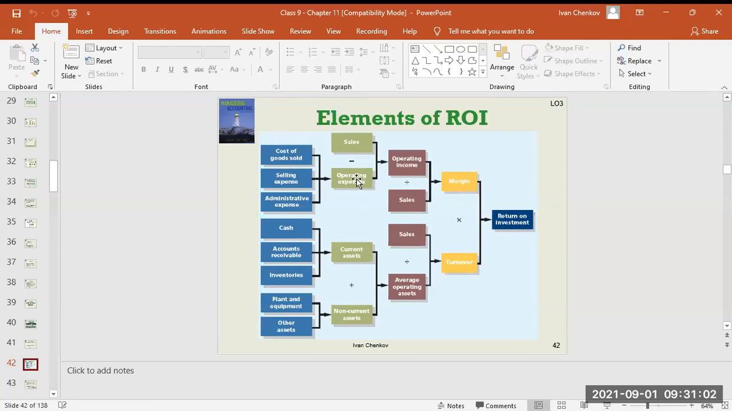So how are we going to affect the expenses? Well, we have to know where the expenses come from, and those will be cost of goods sold, selling expenses, and administrative expenses. So if we decrease any of those expenses, we're going to decrease the operating expenses, which is going to increase the operating income, which is going to increase the margin and increase the return on investment. On the other side,